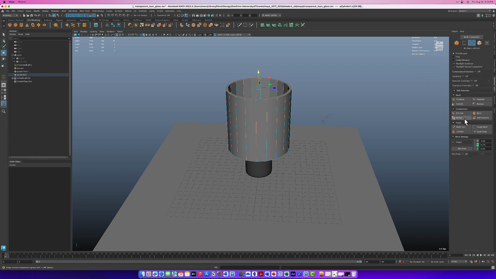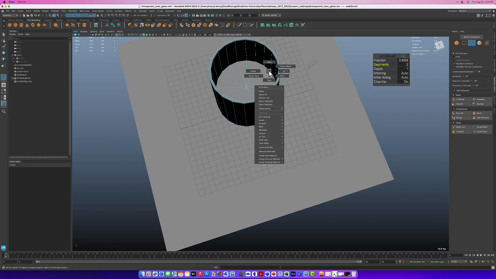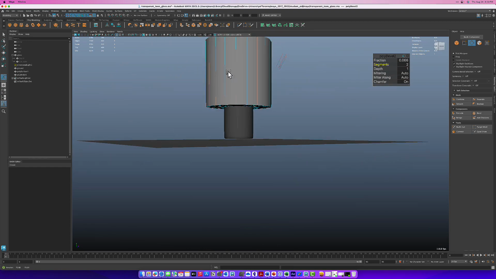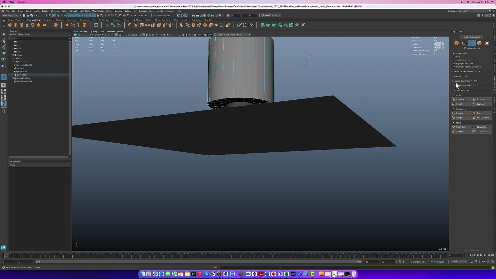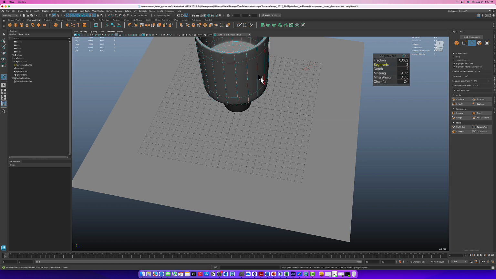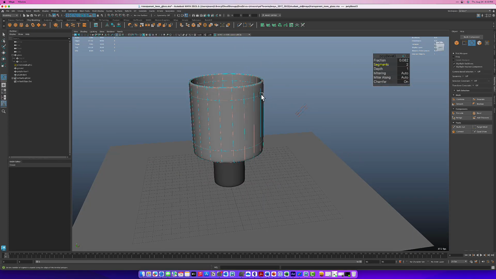edges using the bevel tool, changing the fraction and the number of segments that you would see in there. And you could do that on the inside edge here too. Right, so you can just easily make a glass, and I guess you'd also want to bevel these edges here. So reduce the fraction, increase the number of segments, and there you go. And I guess if you wanted to, you could smooth it now and it would hold its shape, and so